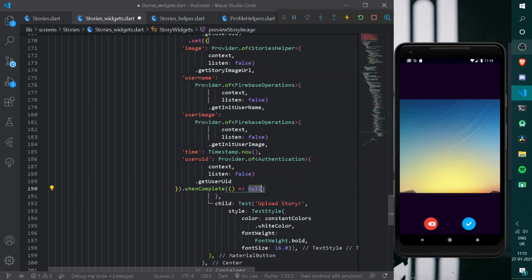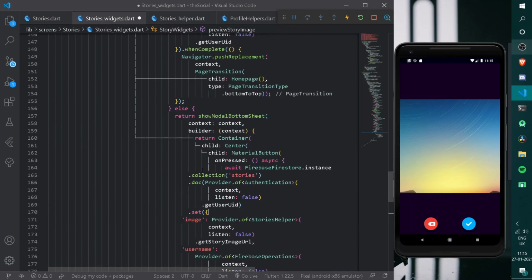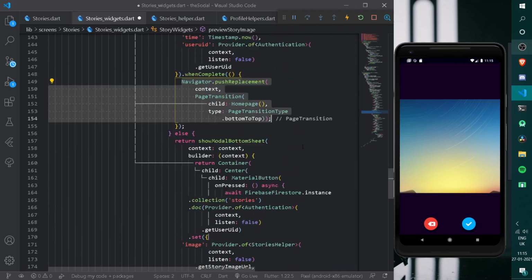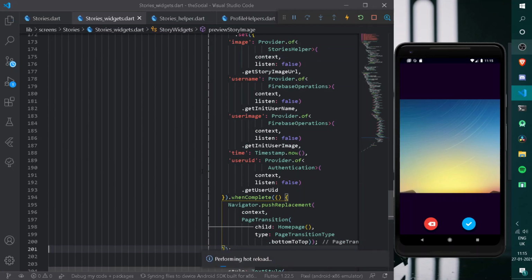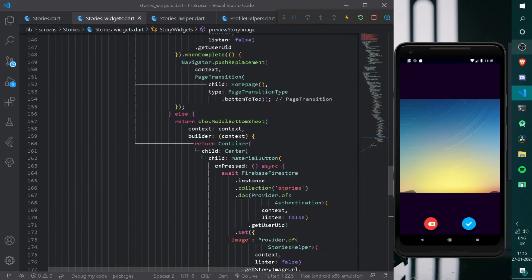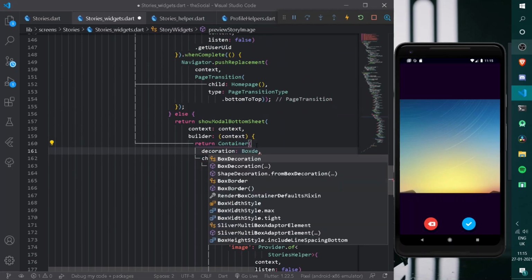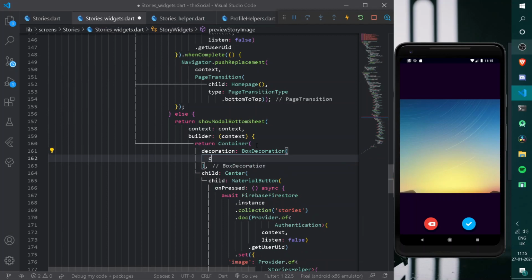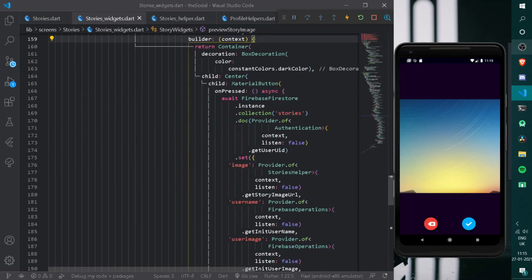Once we have done this, let's add a whenComplete phrase to it as well. So here let's have whenComplete, and when the following method completes we should navigate the user to the next screen, that is our home page. So let's paste the following thing here and format document first. Now once everything is done from here, let's test it out. But before testing it out, let's add some decoration to our entire container, a BoxDecoration, and here let's have a color of Colors.dark. Easy thing. Once we have done this, let's try it out finally.